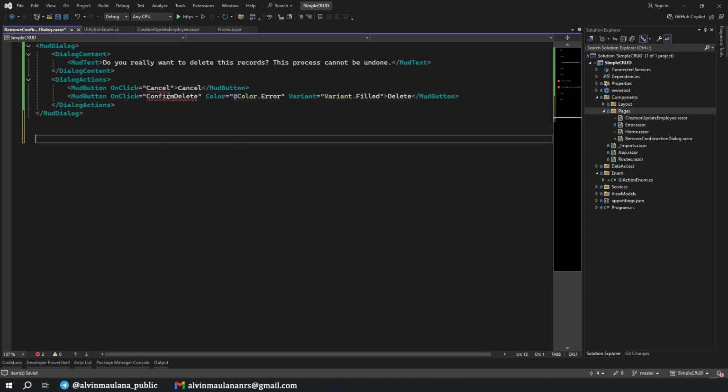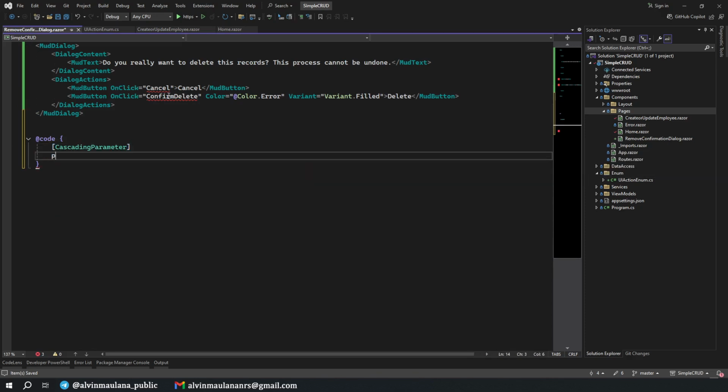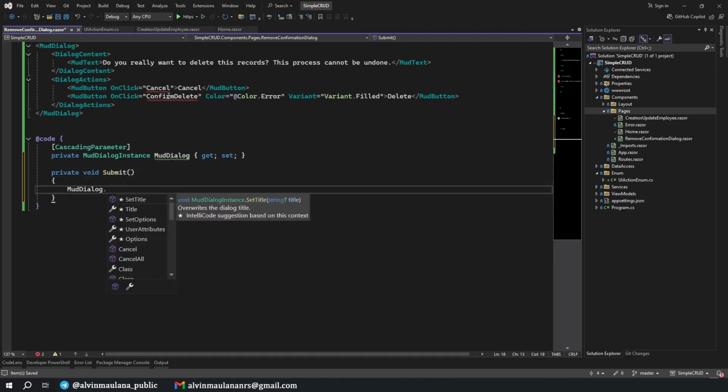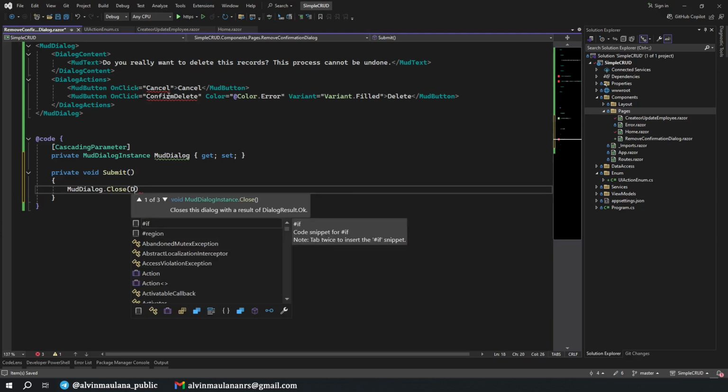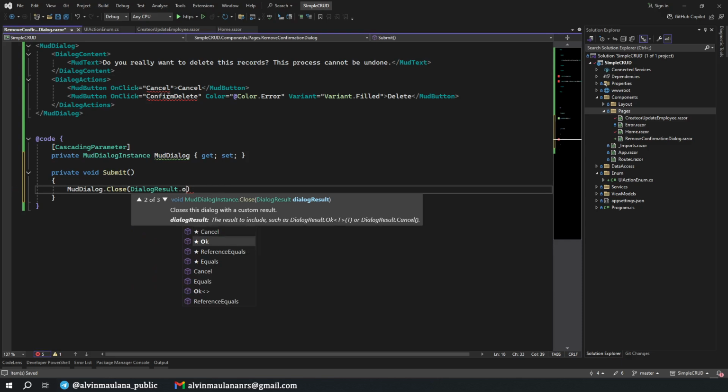Okay. Now we will have the code. First we need to get the dialog, a cascading parameter, private MudDialogInstance MudDialog, get set. Okay, later this one will be used for closing the dialog. So it's just simple, a private void Submit, MudDialog.Close, and then we have a result, DialogResult.Ok, true.